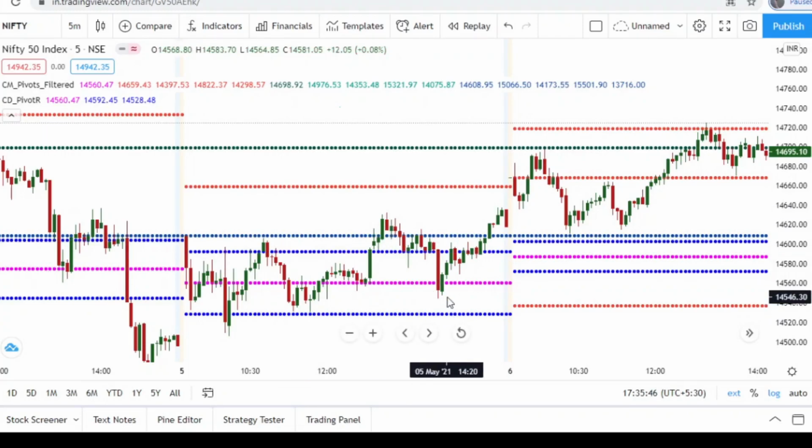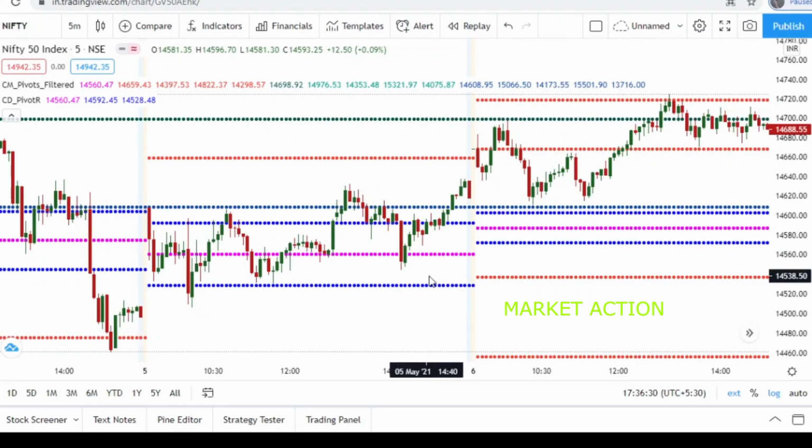I will provide the link of TradingView. Just click that link, use your email ID, then you can sign up with the email ID, then you can log in to TradingView, then you can choose the chart and you can set up CPR and pivot levels on your chart. If you need any additional advanced charting tools, then you can use the paid version. After that, you can choose paid plans according to your need, according to your budget.